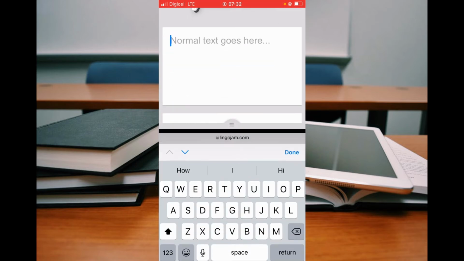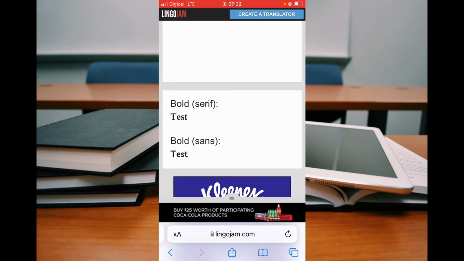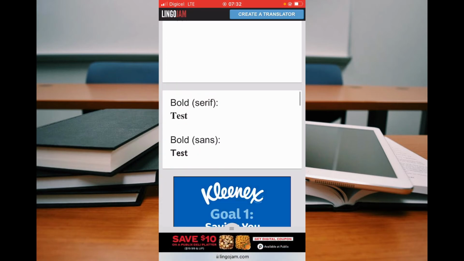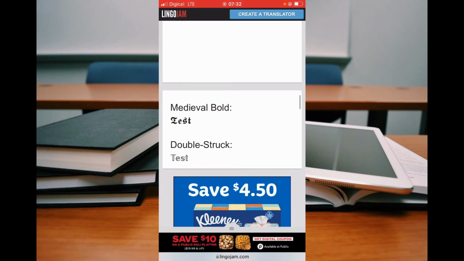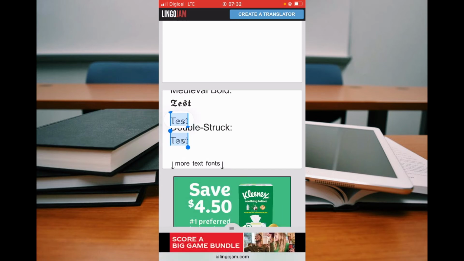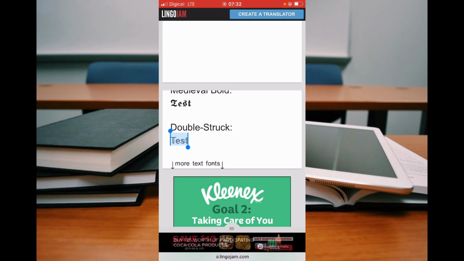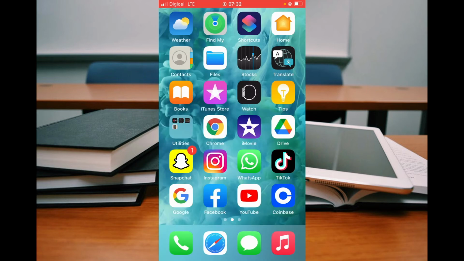And right here, let's for example write in the text that we would like to be bold. And you can see here, it shows you it in different fonts. And I'll be using the double stick font right here. I'll simply copy it. After you have copied the text that you would like to add to your Instagram bio,